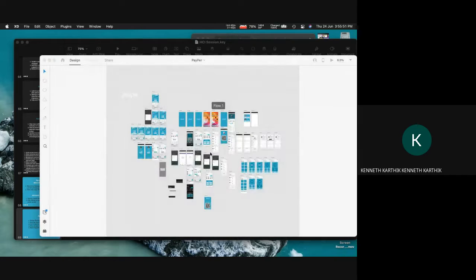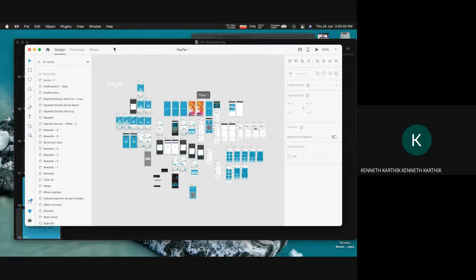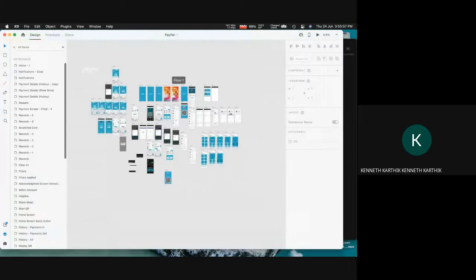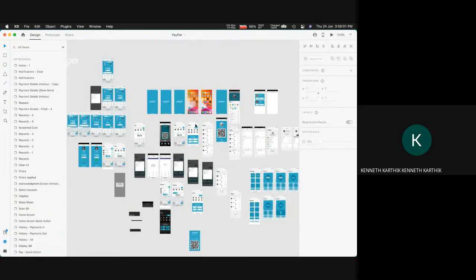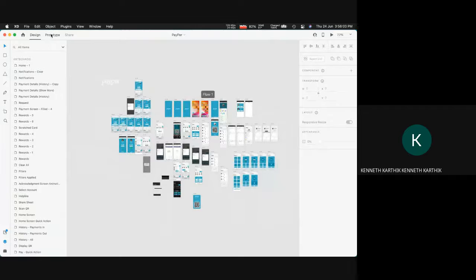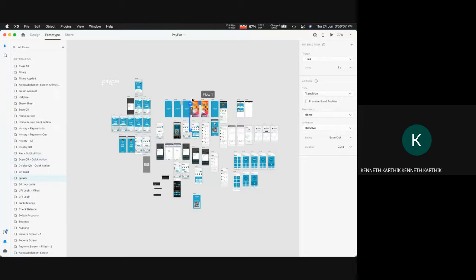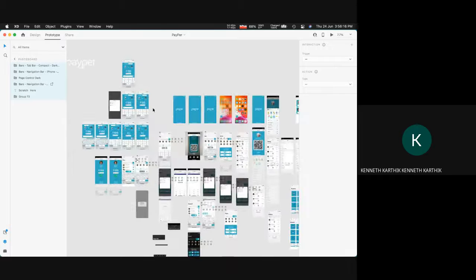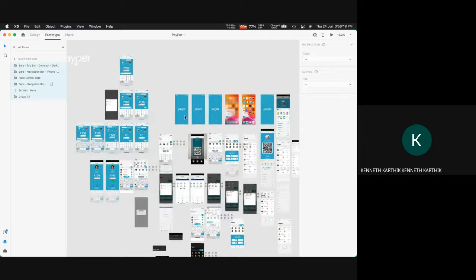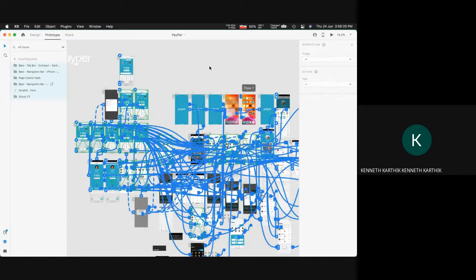Just a second. So yeah, this was the entire workspace. Let me just make this full screen. This was the entire user workflow. Now if I go to my prototype screen, you can see that every single display is connected to another 3-4 others. So everything you see over here was basically a massive network of screens and overlays, etc. That's basically how it functioned.